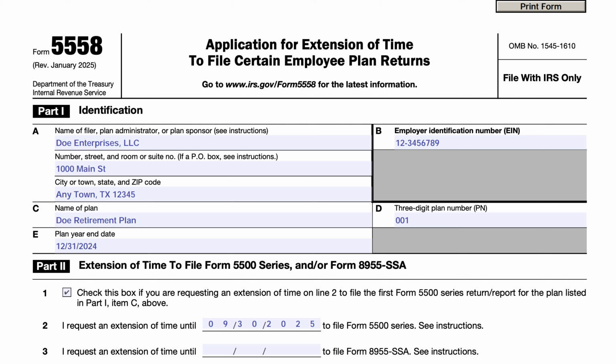Form 5558. This is the tax return extension form for certain employee plan returns. The most frequent situation where I see this coming up would be for people that have a sole proprietorship, a single business, and they started contributing to a one-person retirement plan, and they're still kind of getting up to speed on all the filing requirements for something like a